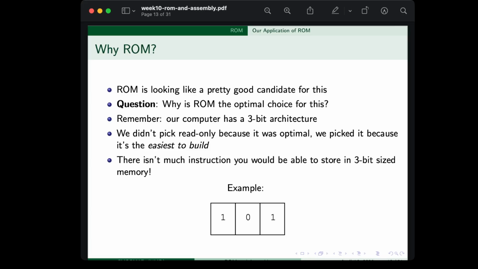In other words, there isn't much instruction you would actually be able to store in 3-bit sized memory, right? For example, we've got 101 as an example thing that we could store in 3-bit sized memory. I mean, how many programs are we going to be able to write with 3 bits per line, right? What are you going to say? Like if there's a 1 instead of a 0 on the first line, it's like a store instruction instead of a load instruction. Very quickly you'll find out that there is no flexibility at all in a language that is so strictly defined. I mean, you could go the extra mile and be completely asinine and put a lot more load on our actual